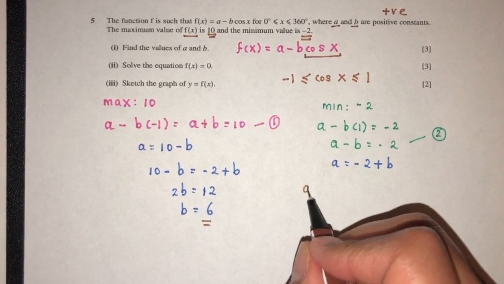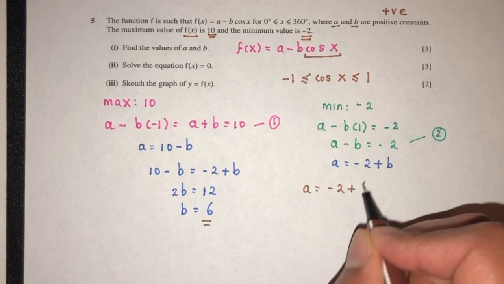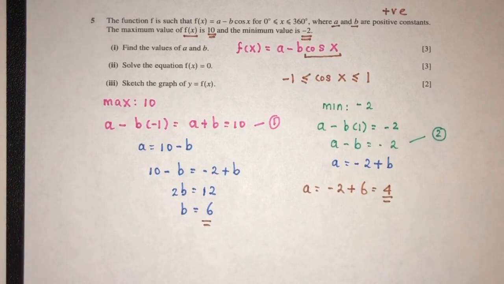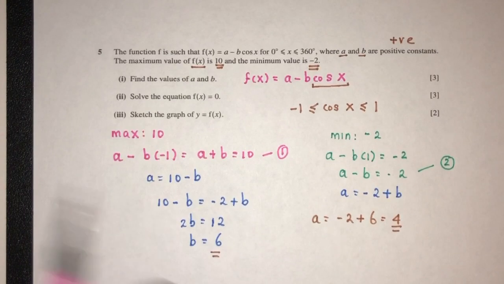Which means a will have to be -2 plus 6, that will be the value of 4. Okay, that will be part 1 of the question. One thing I would like to explain as well, because it could be confusing,